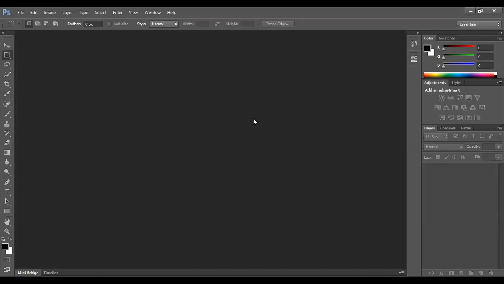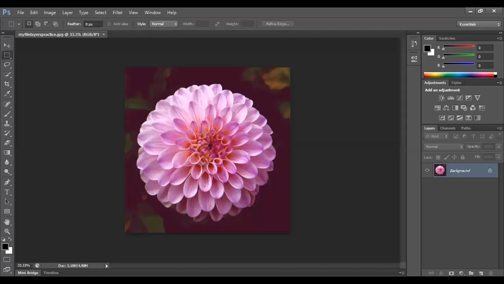Go to the resources section up here. Out here you will be able to find my files layers practice, this image which looks like a flower. I want you guys to practice on this file. You can quickly bring it to Photoshop, drag and drop it, or you can go file, open and open it in Photoshop. And you have to practice all the three of them: auto color, auto tone, and auto contrast.